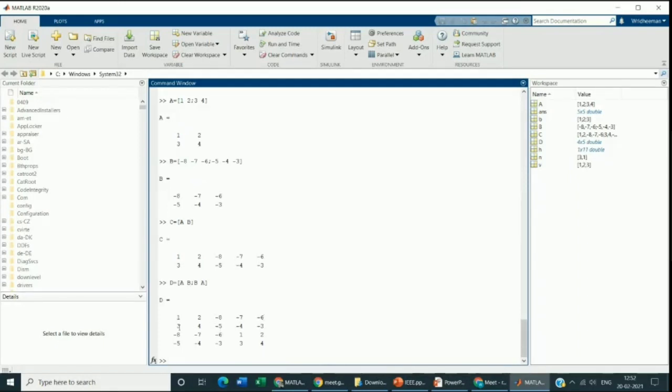This matrix is similar to the one in C. And as semicolon is used, we have got a line break here, and matrix B is written first, like -8, -7, -6, -5 is written first. And the matrix A, 1, 2, 3, 4 is written next. So we can build larger matrices by this method from smaller matrices.